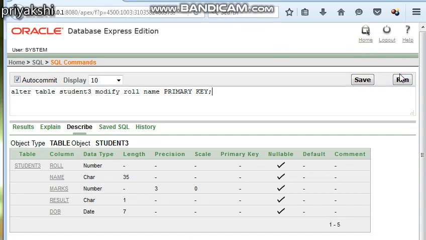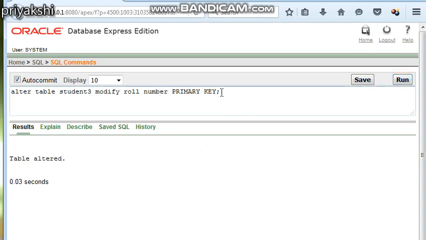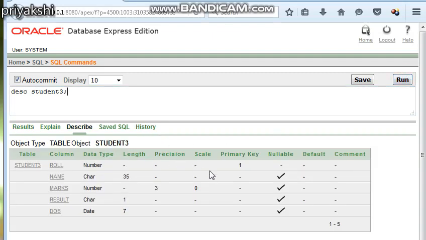If you execute this, it says invalid alteration of data type, so it should be number. Now see the table has been altered. If you see now, the roll number has again been assigned as the primary key of the table, as you can see.